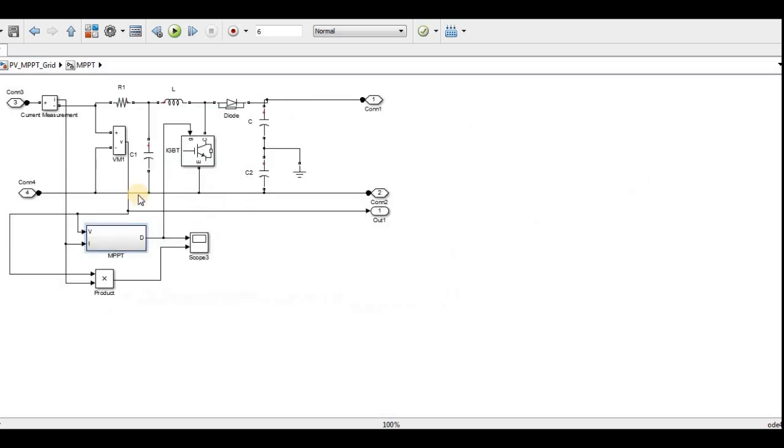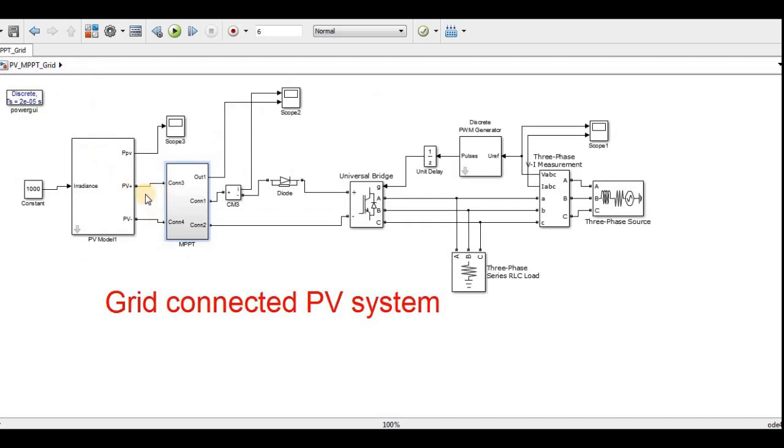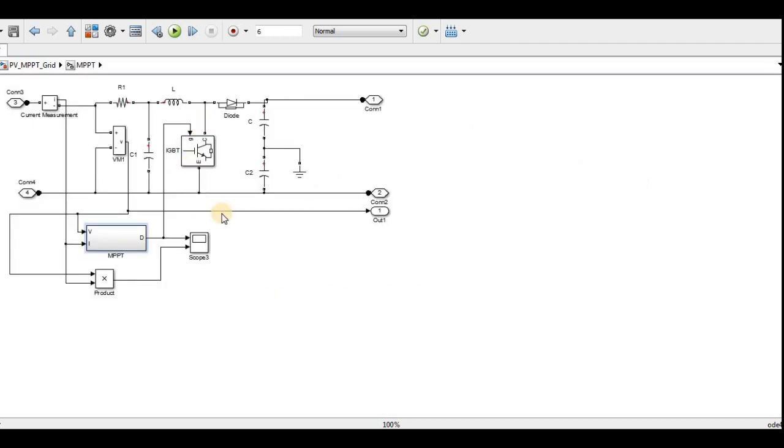So there are two things. The input voltage of the boost converter, or the output voltage of the PV, will be controlled, but not the output of the MPPT converter, I mean the input of the inverter. The input of the inverter is not in our hands. We cannot regulate this voltage. It will be automatically adjusted to transfer the maximum power. If the voltage is higher, then more current will be transferred to the grid from the PV system. That is how the boost converter will work.